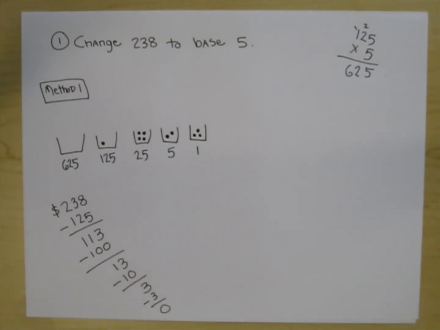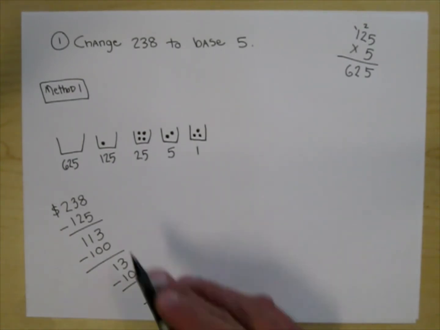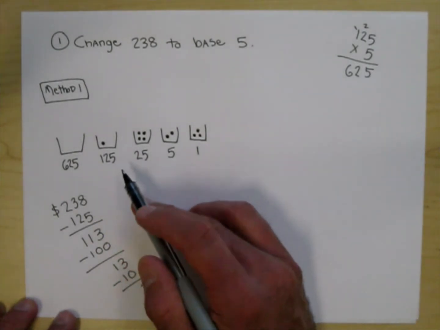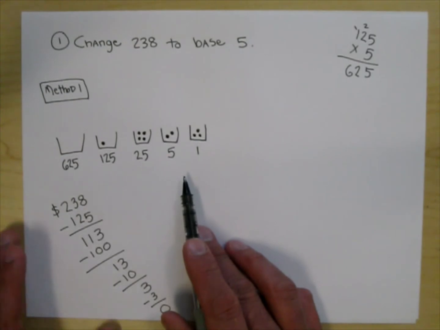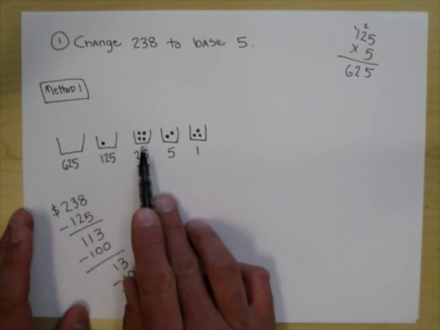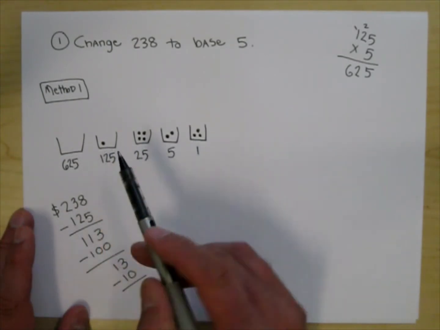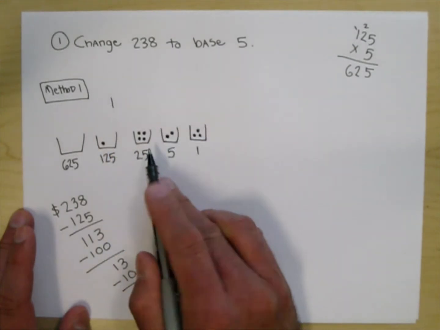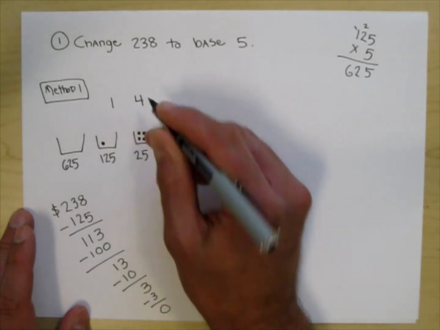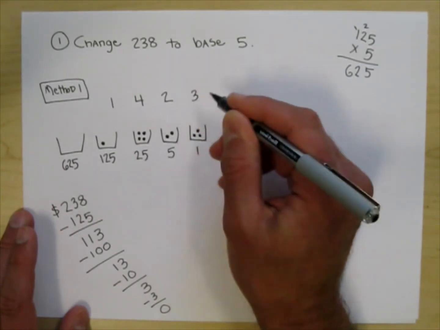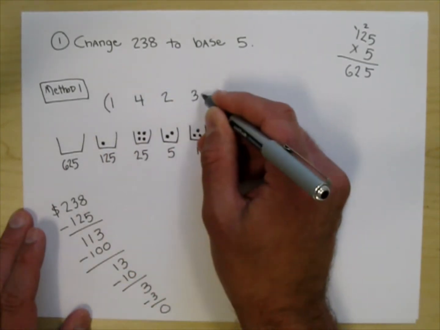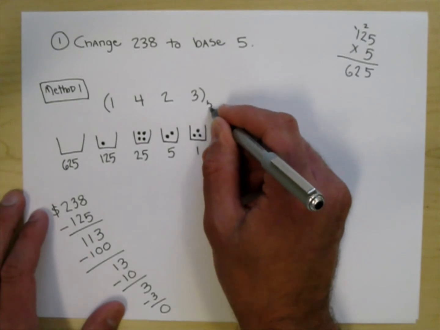And you're like, but I didn't need that many shirts, or I don't like to buy really expensive shirts. Just stop complaining and do the problem. So look what I have. I have my answer. What is my answer? You put numbers right above each of these. So look, there's one thing in there. So 1, 4, 2, 3. We were asked to change to base 5,